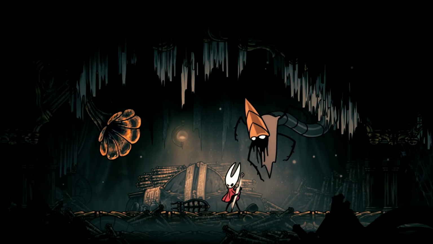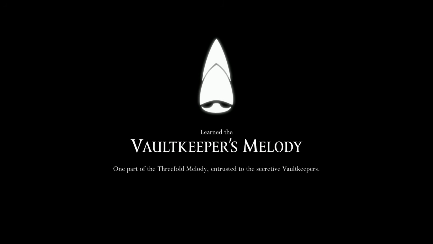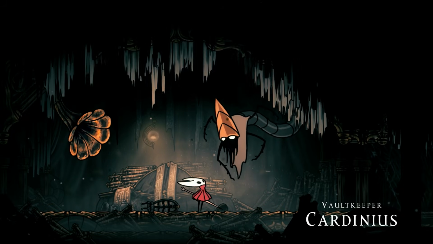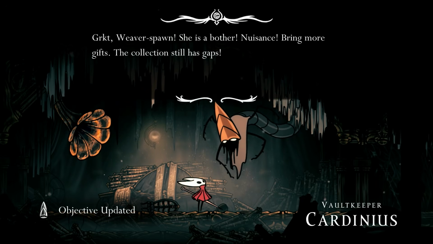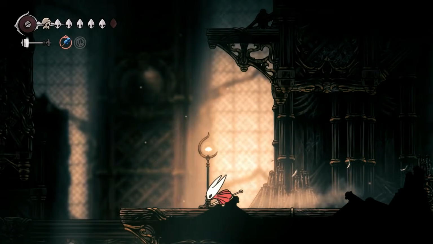So place your needle in, and then we're going to make our way back to the bellway, where we're going to wrap up a few loose ends. So this will feel good. I think there's a couple items that we're going to do at the end of this chapter that will set you up. So we learned the Vault Keeper's Melody, which is part 1 of the trophy. So just exhaust the dialogue, and now let's head back to the bellway,